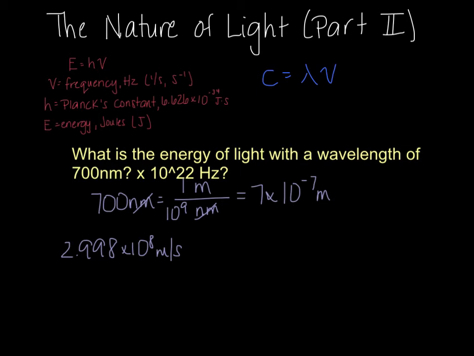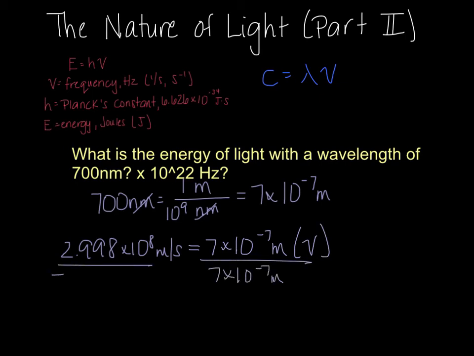So c, my speed of light, equals my wavelength, which is 7 times 10 to the negative 7th meters, times nu, which is what I'm solving for. Now I can divide. My meters are going to cancel, and my frequency is going to be equal to 4.3 times 10 to the 14th